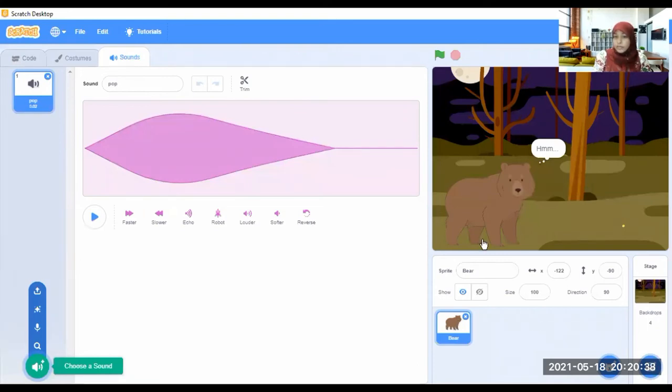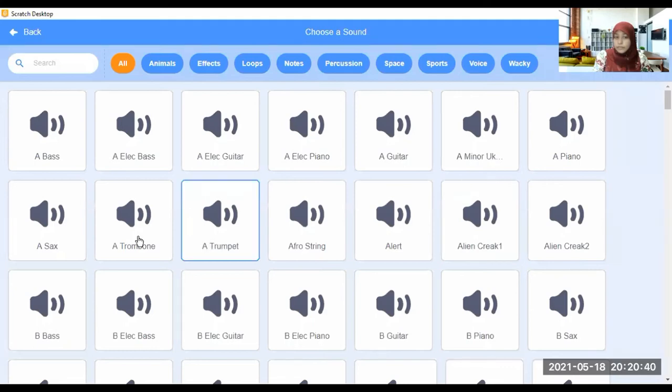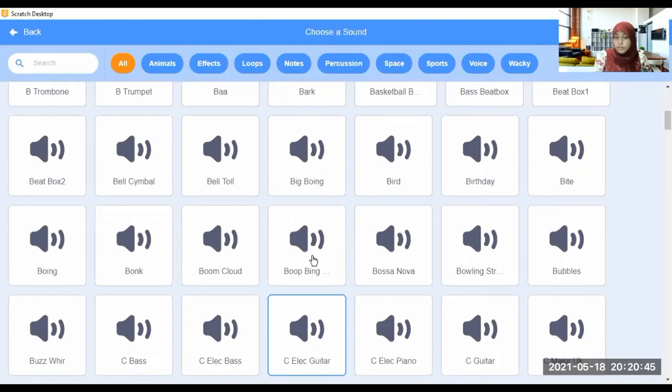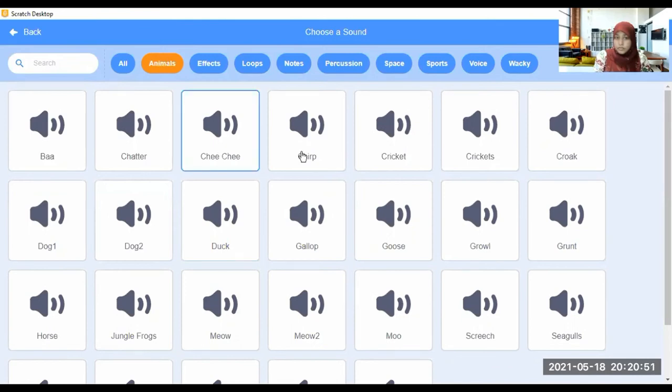Can you hear? Animal sounds. Likewise, there are a lot of sounds.